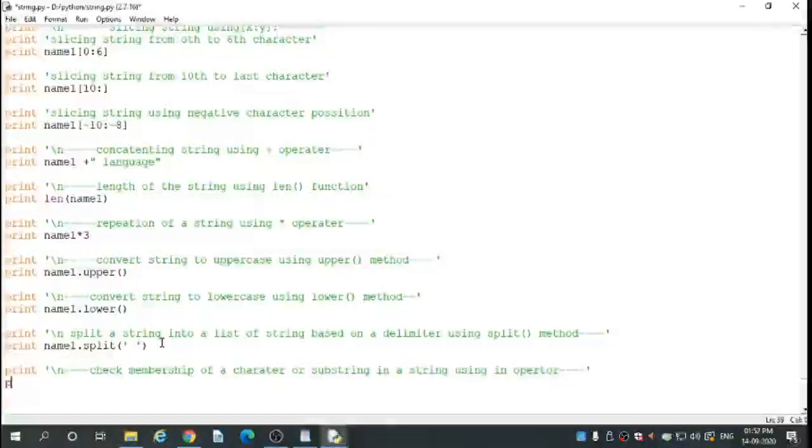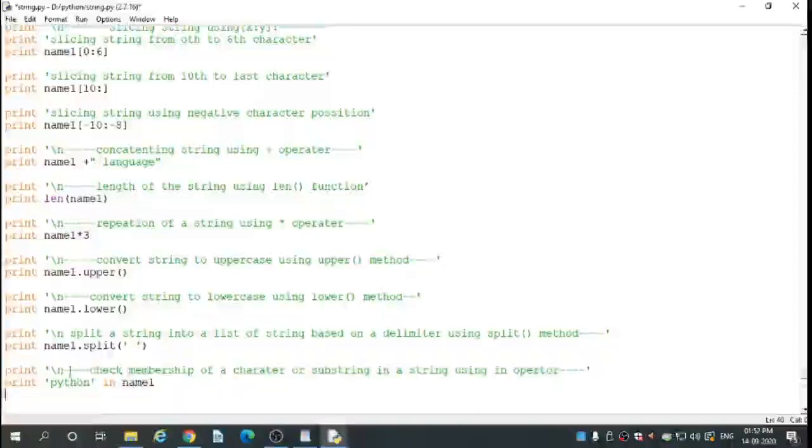Enter. Print Python, single quote completed, in name1.